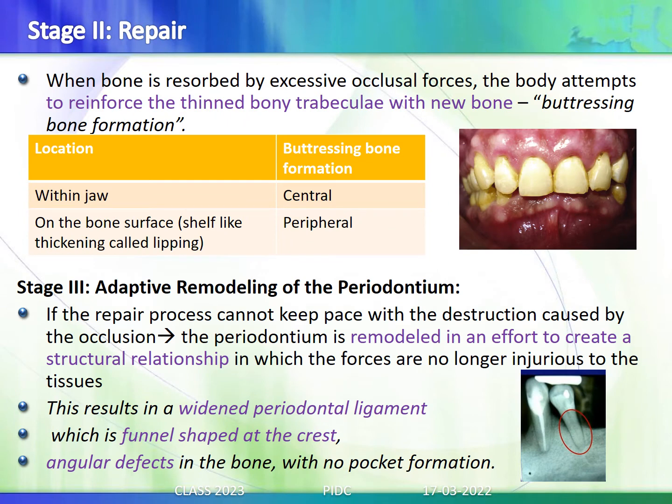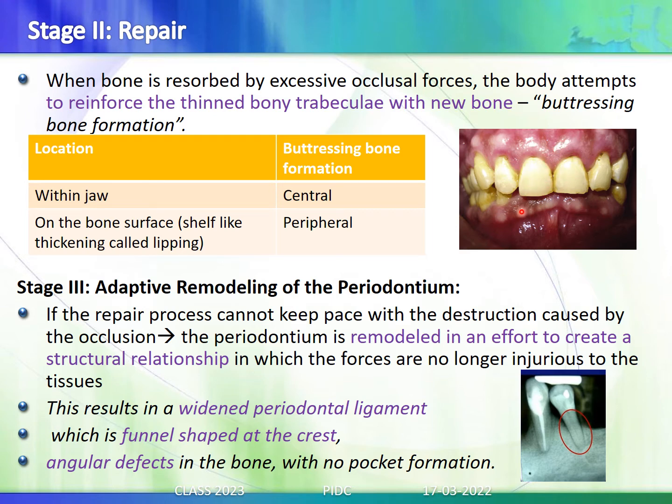So now coming on to stage 2, which is called the repair stage. Here, when the bone is resorbed by excessive occlusal forces, the body attempts to reinforce the thin bony trabeculae with the help of new bone formation. This new bone formation is called buttressing bone formation. So here you can see